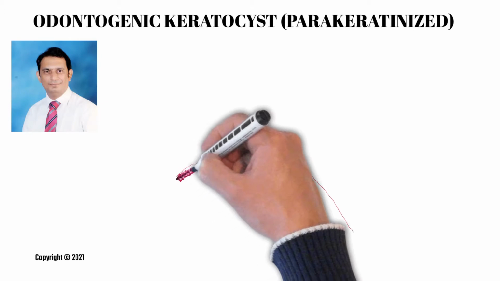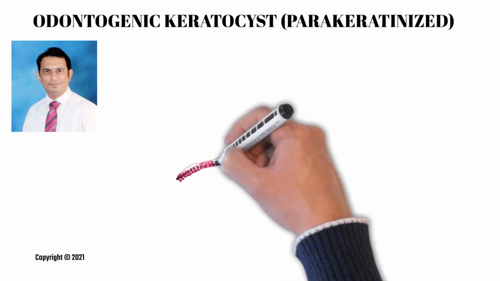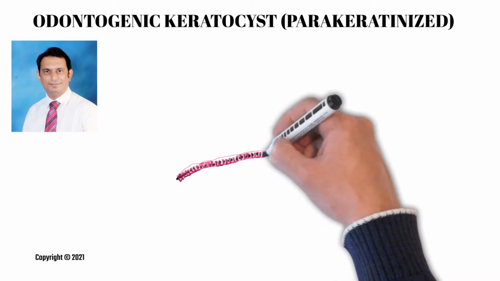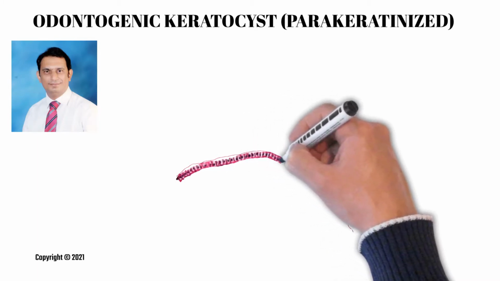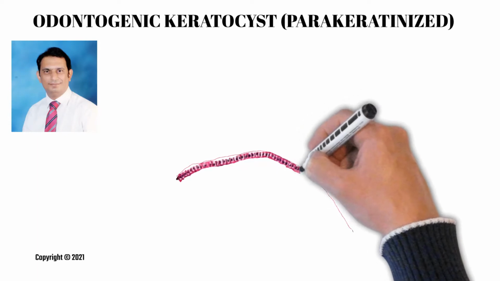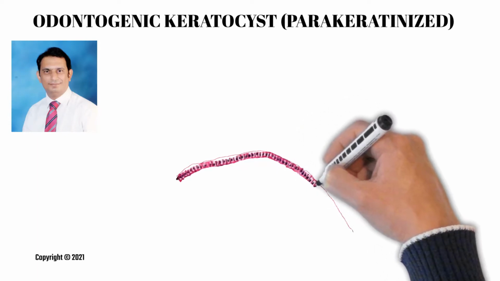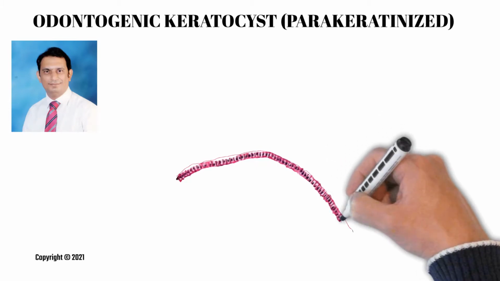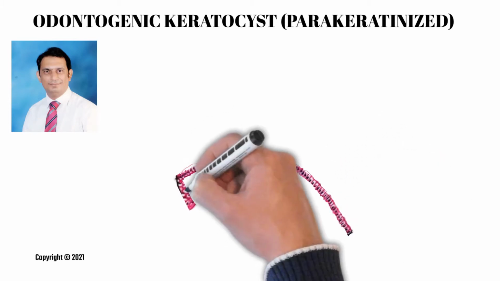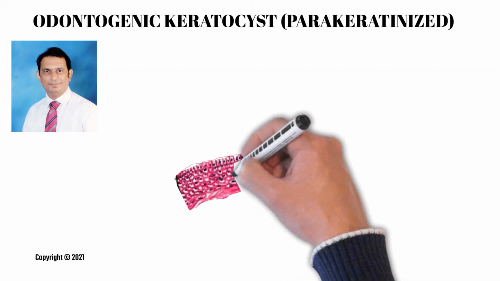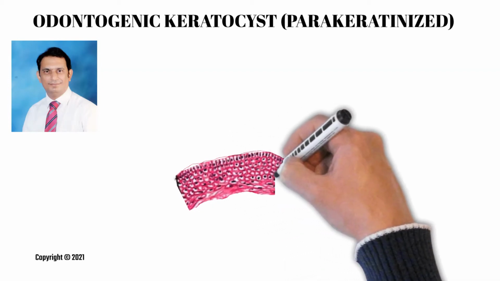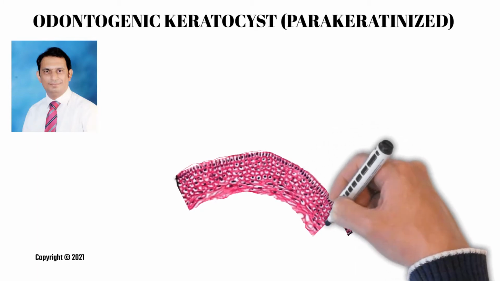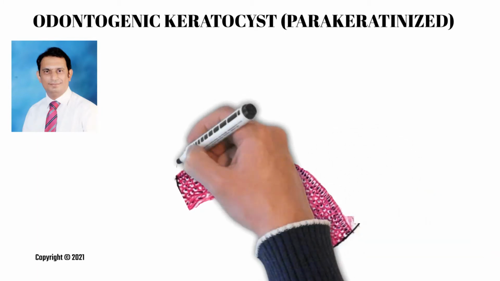Next thing to draw is the basal cell layer, which goes around the basement membrane, just like that. And you see that the basal cells are columnar or cuboidal. The other thing is the nuclei, which are arranged away from the basement membrane in a palisading fashion. The other epithelial cells need to be drawn in a similar way, maintaining the integrity.